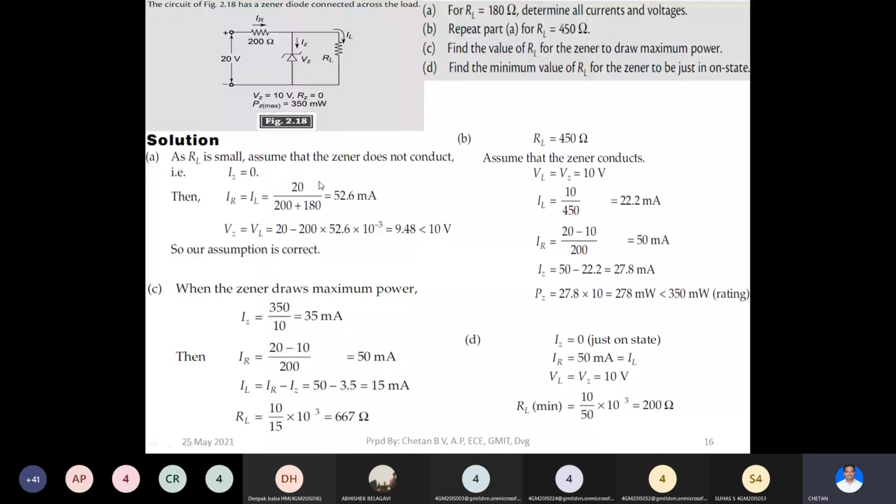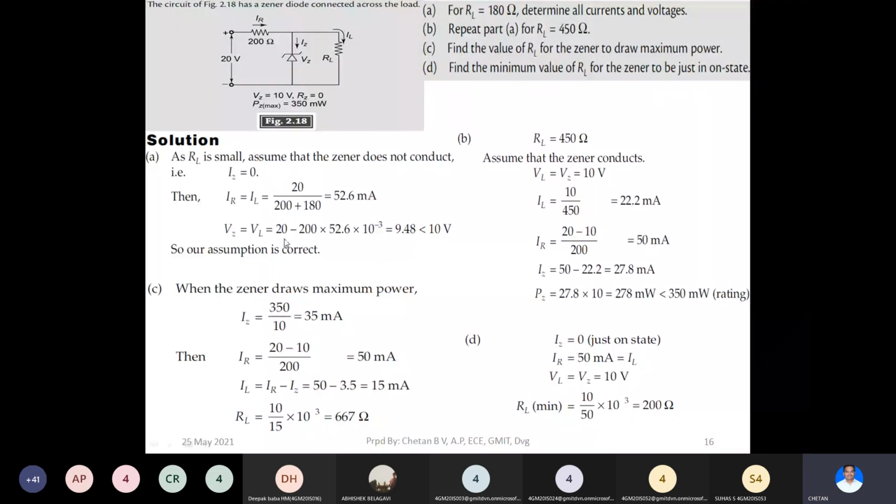So this is resistance Rs, right? I into R. Whatever you have got here is 52.6 milliampere. This is your I. So IR into this value will give the voltage drop across this, right? Whatever the voltage drop that will appear here should be subtracted from your applied voltage 20 volt. Then you will get the remaining voltage as the output at this RL.